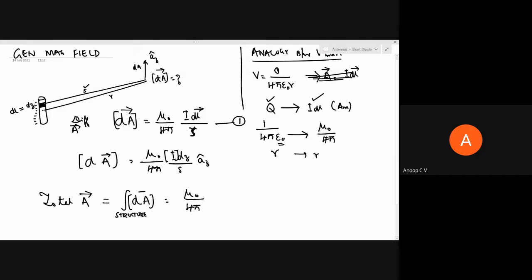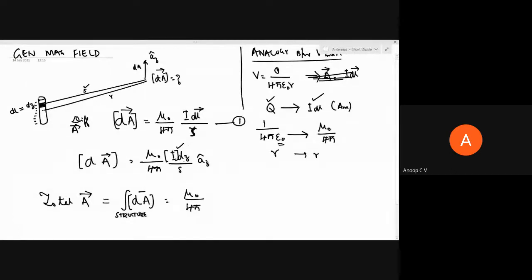Then at the end, I'll approximate it to a short electric dipole. I told you initially itself that this short electric dipole is practically not realizable. Why are we studying this? We can assume any other practical thin linear antenna as a continuum or a series of short electric dipoles. So the general expression is what I'll be deriving initially. Then from there we'll specialize to the short electric dipole. So this procedure is common for any other dipole of any other length. So it's mu naught by 4 pi.